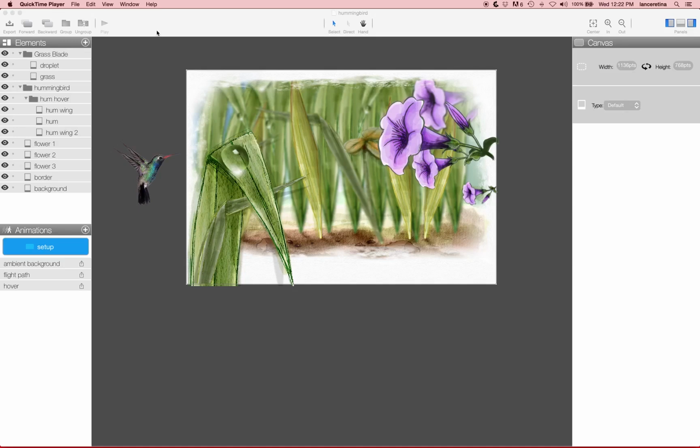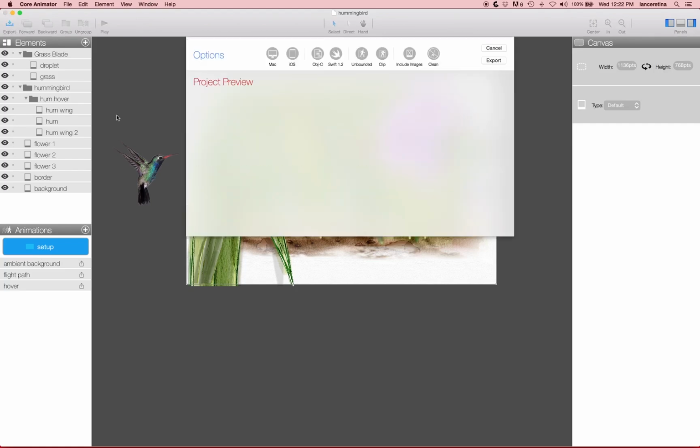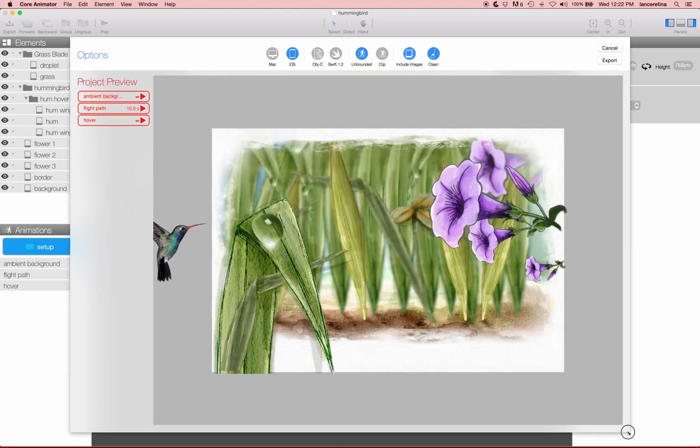Hi, and welcome to this Core Animator tutorial. In this tutorial we're going to show you a new feature called Live Record. And it's a really great feature that'll allow you to do a lot of nuanced animations very quickly. So let's take a look at this project and see how it's set up, and then we'll recreate the Live